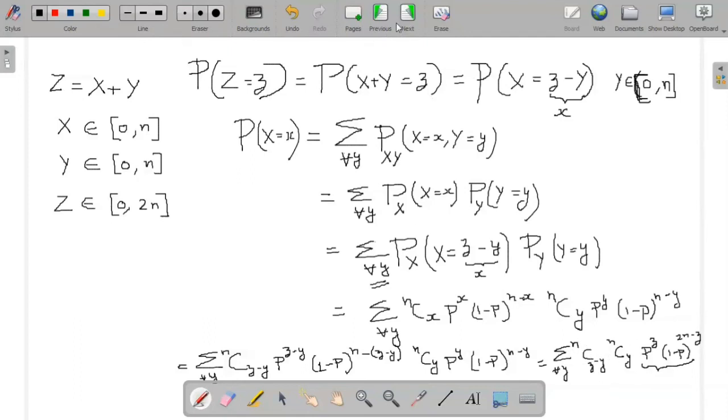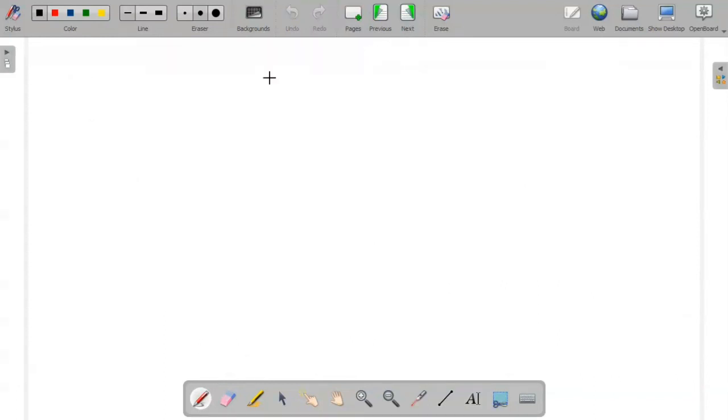So we can write this will be equal to probability that Z is equal to z, which is p power z and (1 minus p) power 2n minus z, and summation for all values of y, y equal to 0 to n,